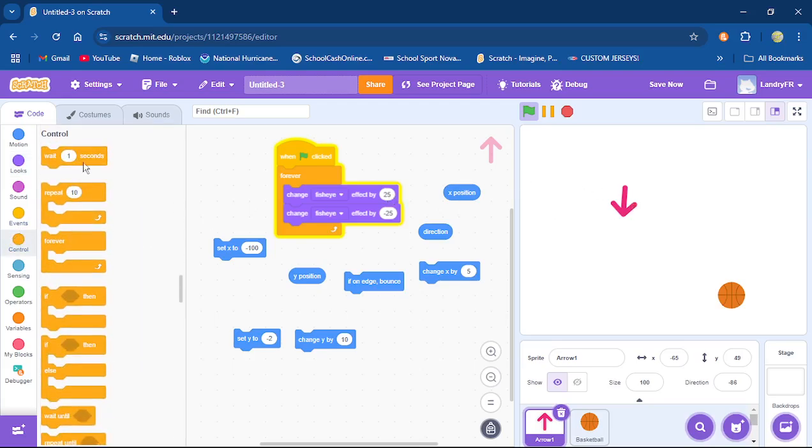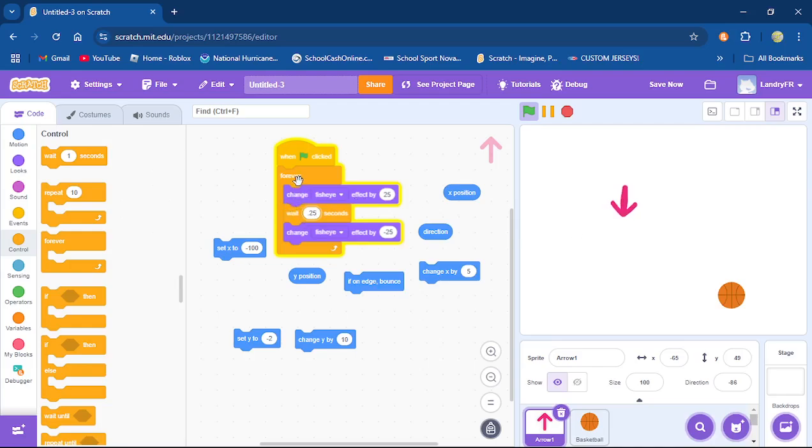So if you put a wait event in there, in the middle, let's do even 0.1 just to see what happens now. So see, it kind of gives you a button clicking animation, and it's easy to do. You don't actually have to change the graphics themselves. It's just doing that. And if you want to slow that down, it would look even cooler maybe, right? It's totally up to what you want to do.